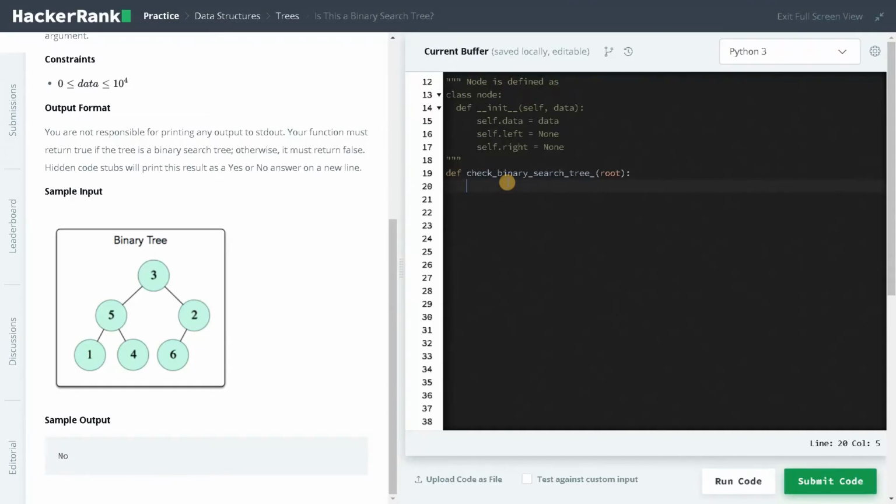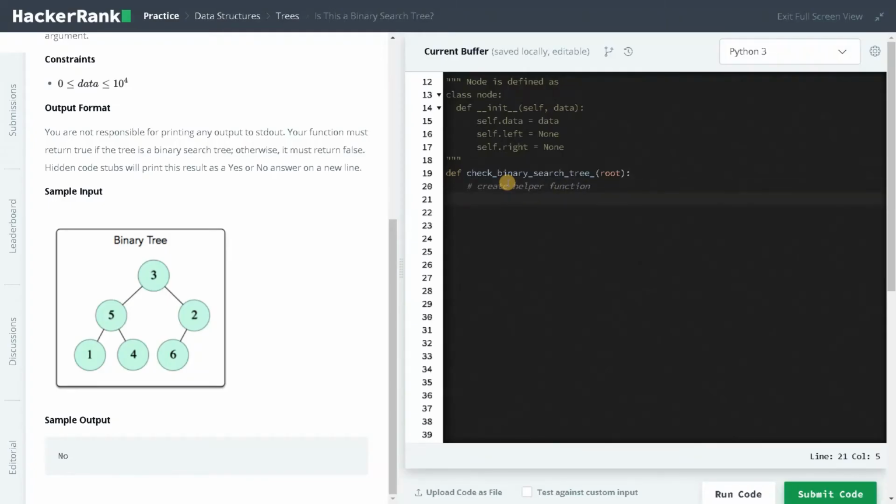First, we have to create a helper function. So def check, this is our helper function. I'll be passing the root, min value, and max value. For meaningful representation, use underscores.